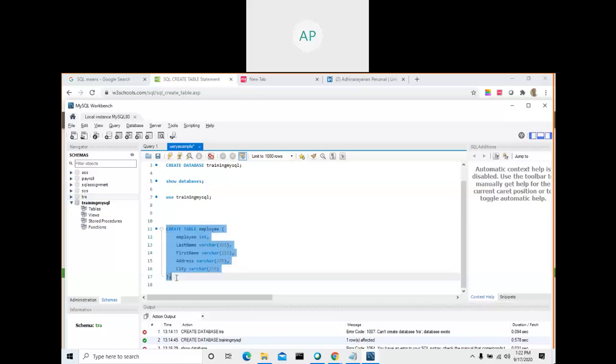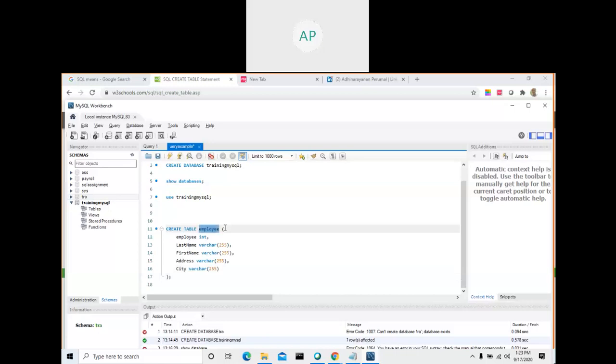In order to do that, we are creating a table. So it may be confusing. When you see my next video, you will get all the things. I went right from the beginning, so you need not bother about that. Just understand now that we are creating a table to store all the data. So what data can we store in this table? Employee, last name, first name, address, city.